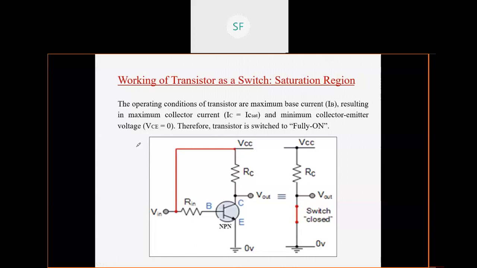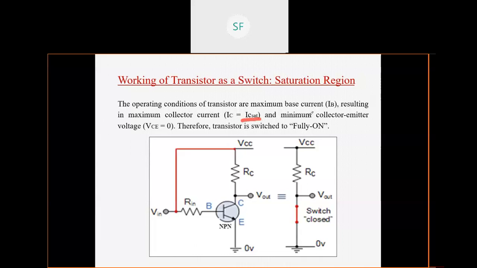So जो maximum value रहती है collector current की, उसको बोलते हैं सैचुरेटेड कलेक्टर करंट या फिर कलेक्टर करंट एट द सैचुरेशन रीजन. Okay, just remember like this. So in saturation region, base current is maximum and collector current is also maximum. So maximum collector current is called as IC sat. Saturation से sat लिया है वो,